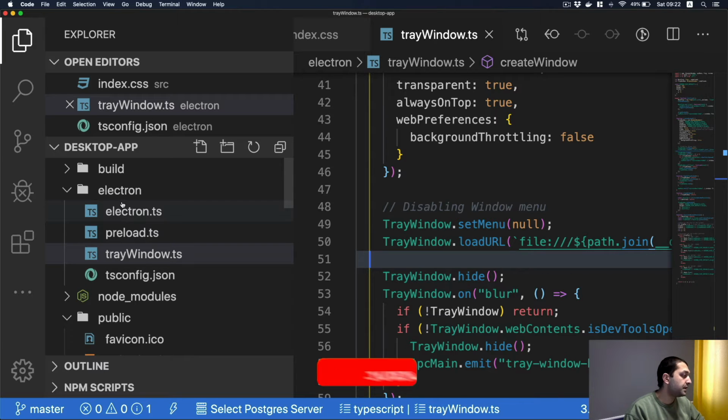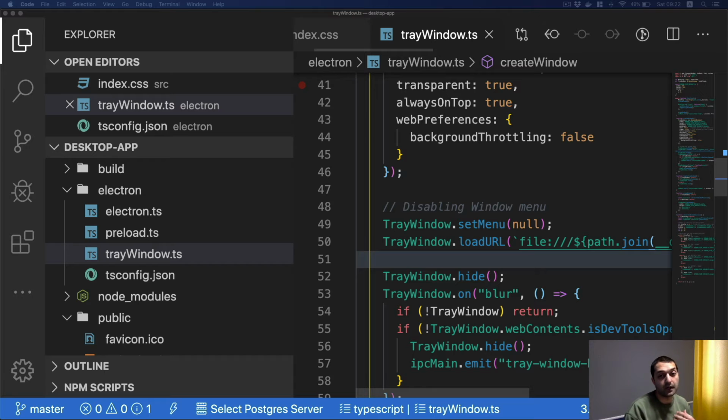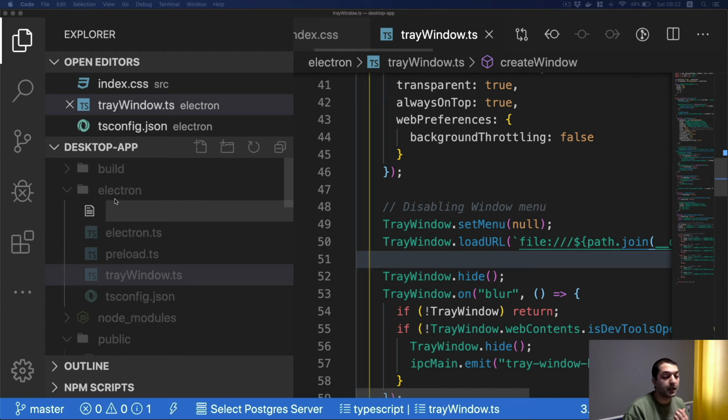Okay, so for this particular case, we are actually going to have a separate file for the blocking functionality inside our Electron folder, because it is based fully on Node.js. It involves some UI work when we'll have a button that will say, hey, block these websites, but that communication will go more on the UI side. But here, for this video particularly, we are going just to make a file which will have that functionality for